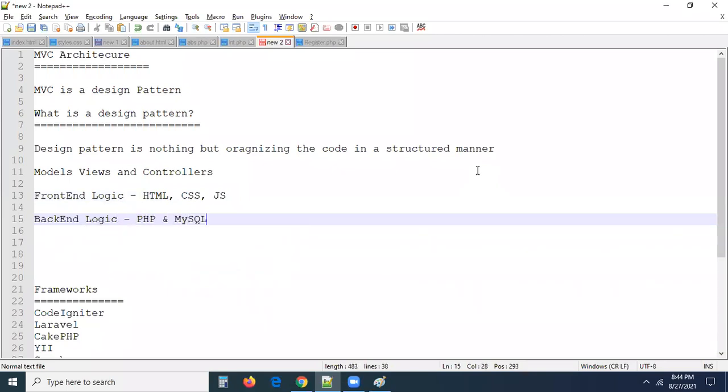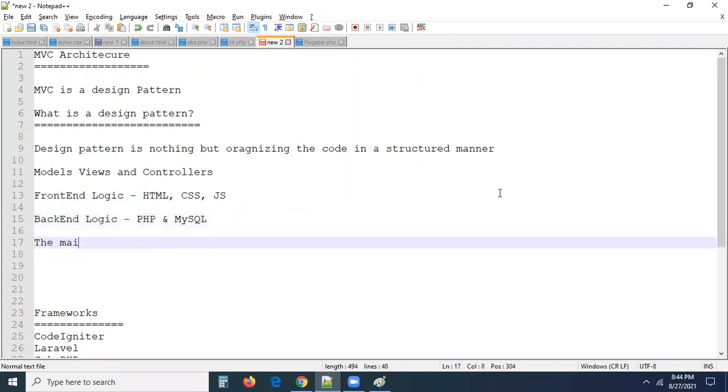This is called back end logic. What MVC will say, the main aim or goal of MVC architecture is separating